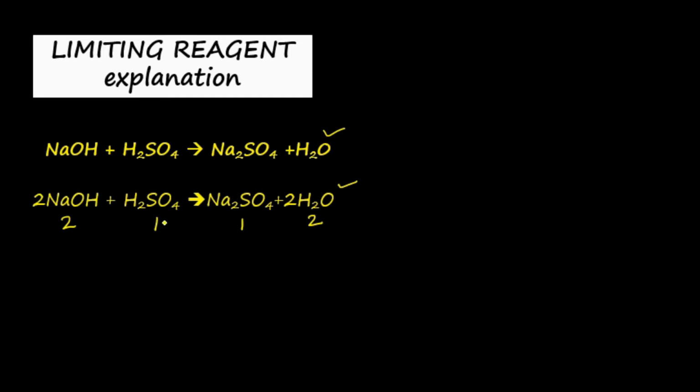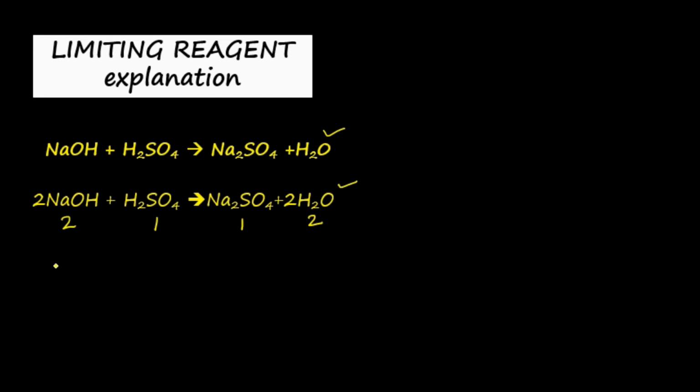Now, for this reaction to go to completion, so that you get 1 mole of sodium sulfate, you have to take the reactants sodium hydroxide and sulfuric acid in the ratio 2:1. How much is this 2:1 depends on how much of sodium sulfate you have to prepare. If it is 1 mole, then you have to take 2 moles of sodium hydroxide and 1 mole of sulfuric acid. For convenience, let us consider that we are preparing 1 mole of sodium sulfate. If these substances are taken in the right proportion, both the reactants will be completely consumed and you will get 1 mole of sodium sulfate at the end of the reaction.